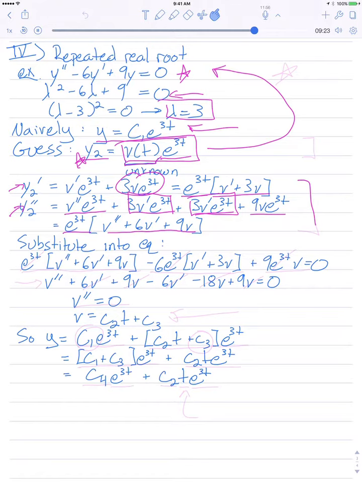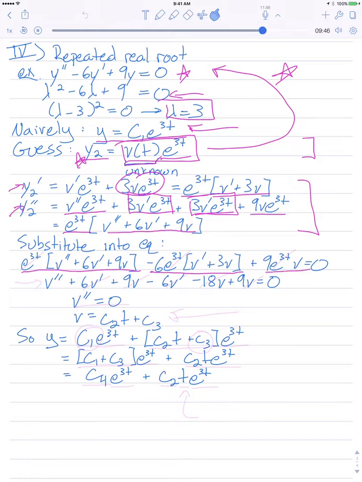Now I'm going to take this information and our original guess for y2 and substitute it into the original differential equation way back up here. All right? So y double prime becomes this business. Then I have minus 6y prime. Sorry, that's my dog in the background. Minus 6y prime becomes this business. And then we have plus 9y, which becomes this